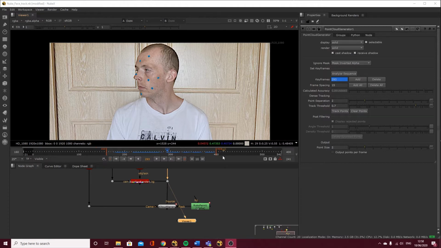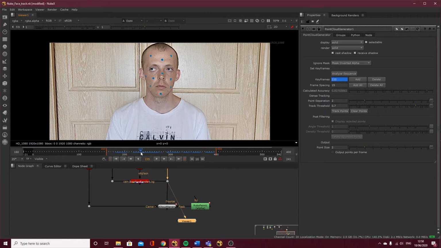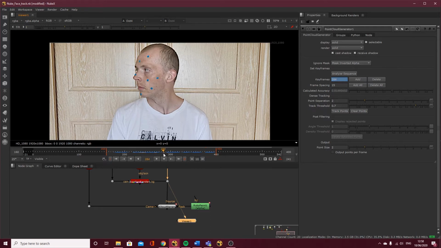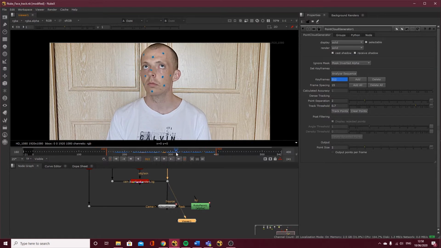I'm not going to go into the ins and outs anymore of how it works, but what it needs is multiple frames, because it can't just do it off one frame, because you can't see how far back the ear is in relation to the nose. So it's saying these frames here are really important, whereas these ones here aren't that important, because there's not that much movement. Analyze sequence gives you more frames where there's more movement.